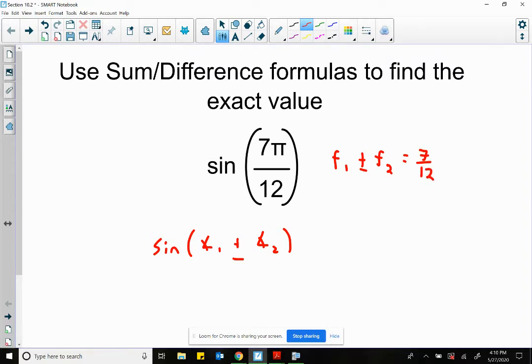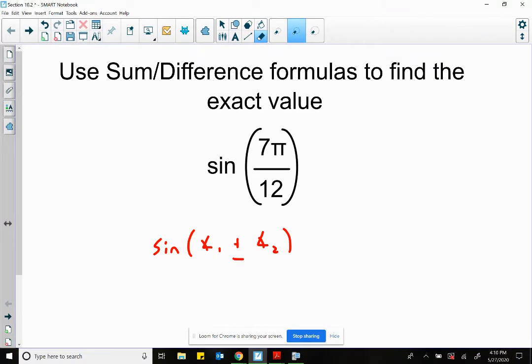As we've talked about before, if you don't like working with this in radians, change it to degrees. And I know a lot of my students in the past loved changing this into degrees because it was so much easier to work with. Because in the end, we're looking for the exact value of this. So it doesn't matter whether we're in degrees or radians. In the end, we're going to be just fine. So if you don't want to think about it in terms of fractions, then think about it in terms of degrees. And 7 pi over 12